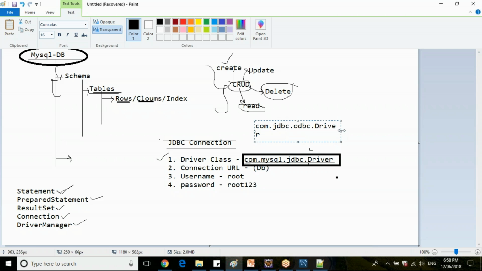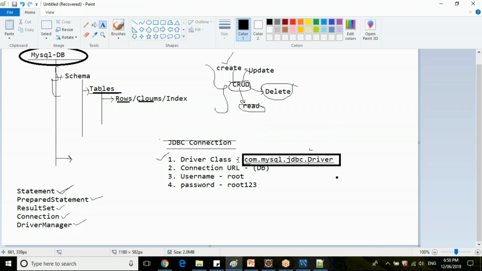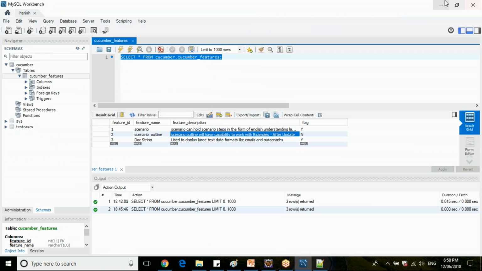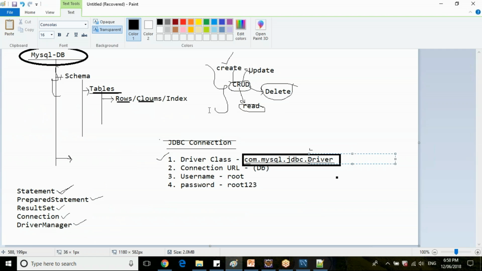But you need to use the Oracle jar instead of the MySQL jar. That is the only change when you change your database to Oracle. If you're using MongoDB, you need to put in MongoDB jars and initialize your class as per MongoDB. Clear, guys, what is this driver class? The driver class is the class which will instantiate the connection of your driver manager.